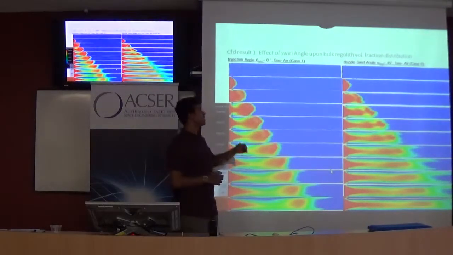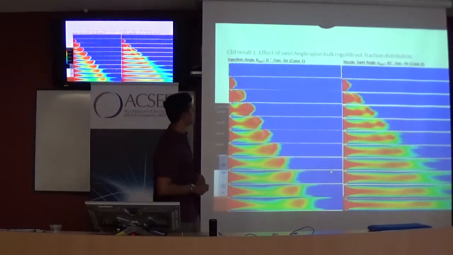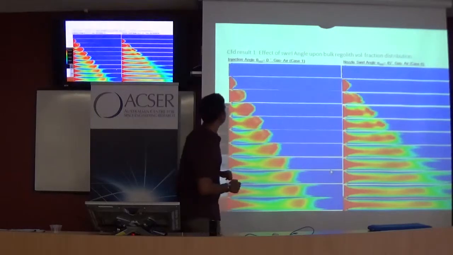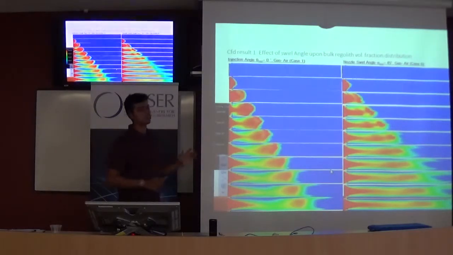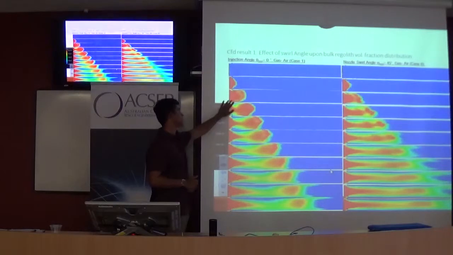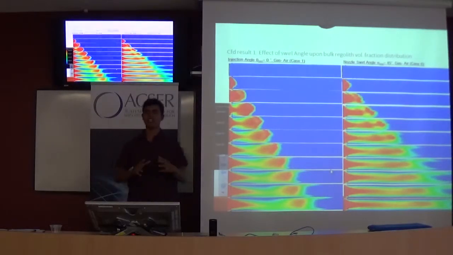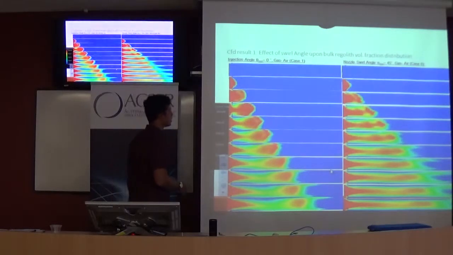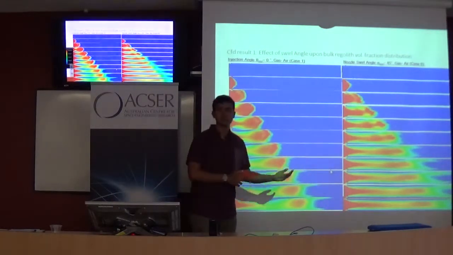These are time stepped at, I think, 10 milliseconds or so. This is volume fraction, so the red says that it is entirely regolith, and the blue says that it is just gas, and this is a qualitative comparison